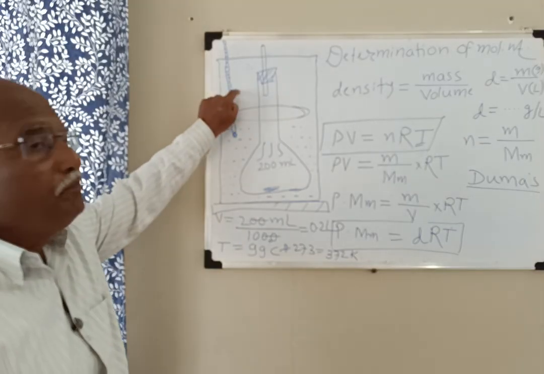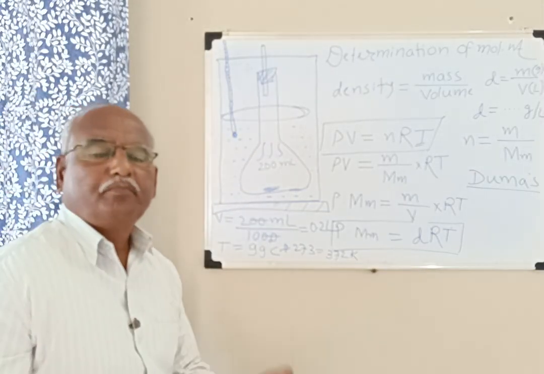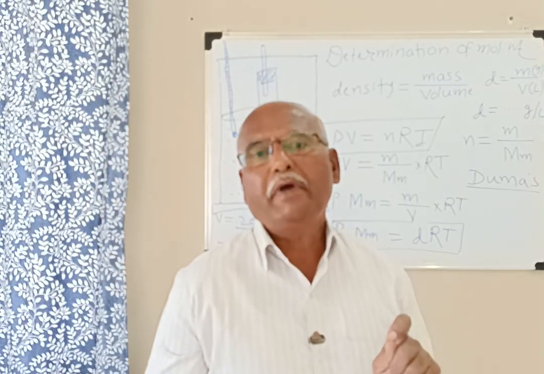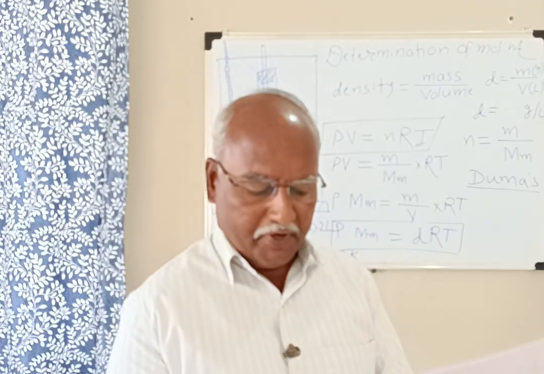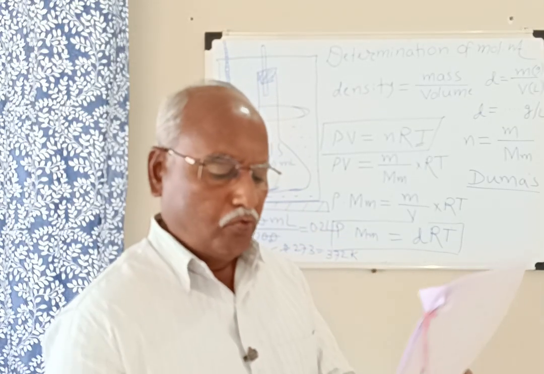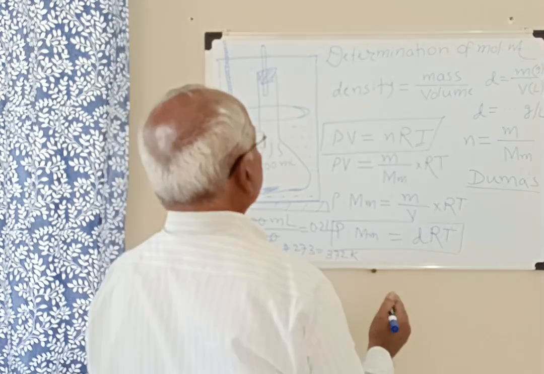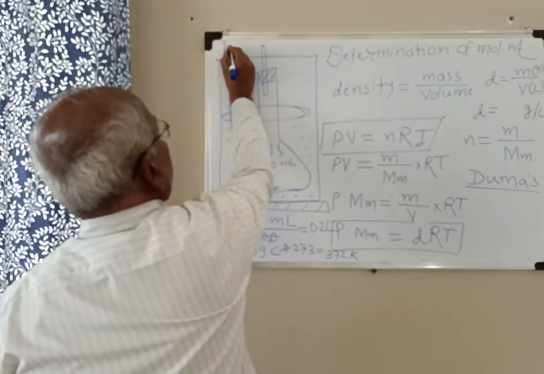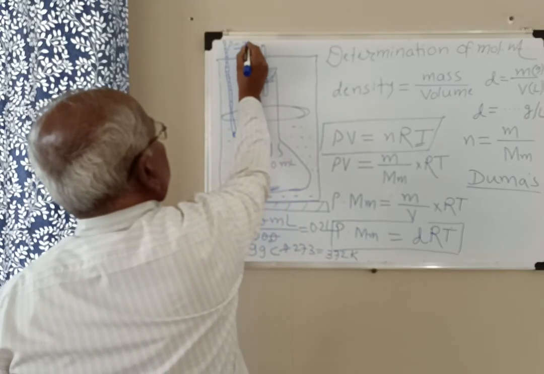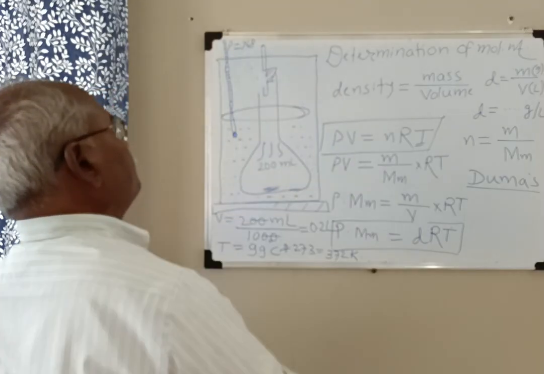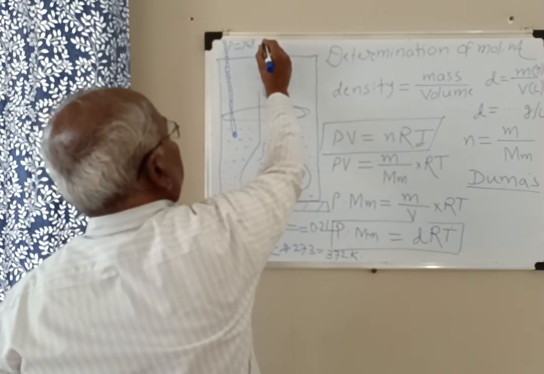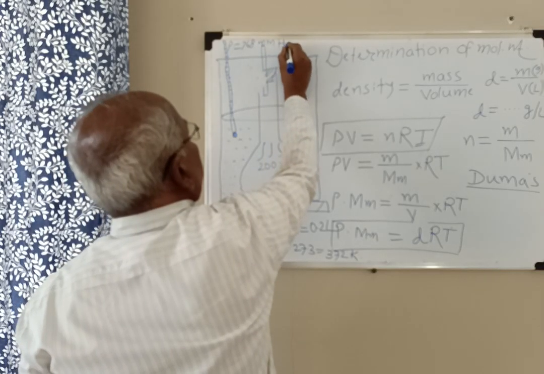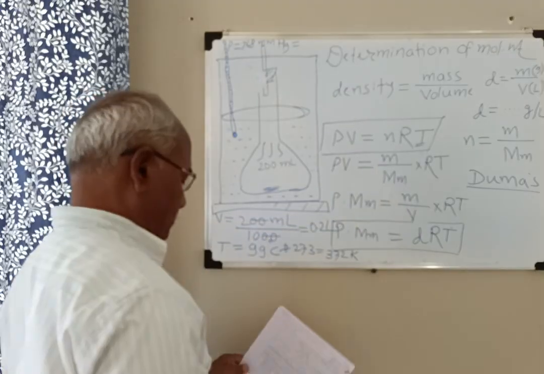The barometric pressure is measured by using a barometer. The barometric pressure is found to be 768 mmHg. I write here P is equal to 768 mmHg. That is equal to